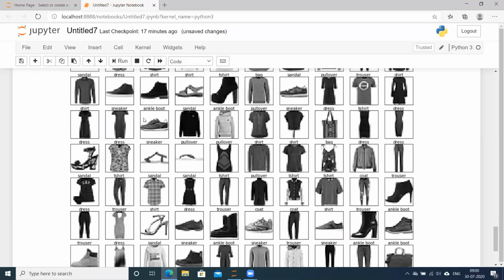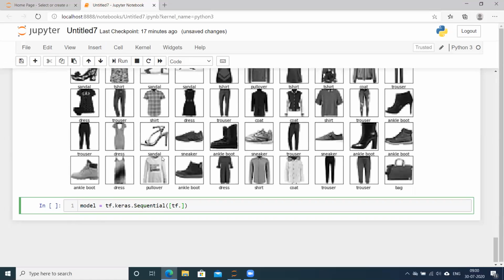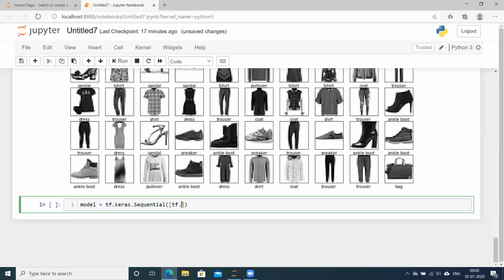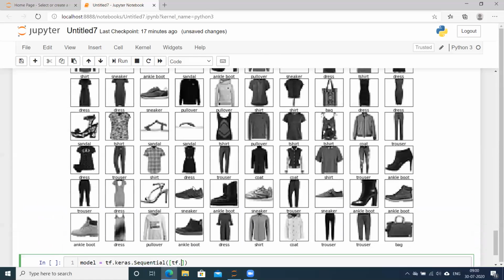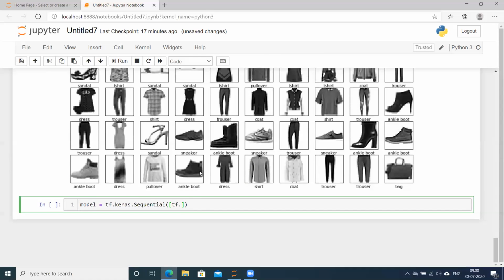This image is 28 by 28, basically two dimensional, so we are going to pass it as one dimension. Rather than 28 by 28, we will take all of these as features. First of all, we need to flatten this data set, so all the features would be straightforward. For that, we need to use the flatten layer.